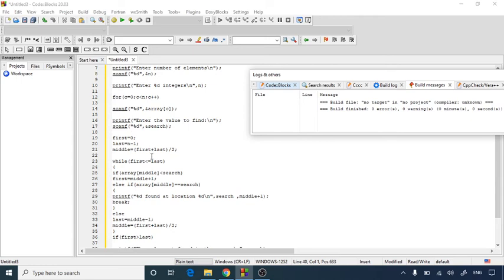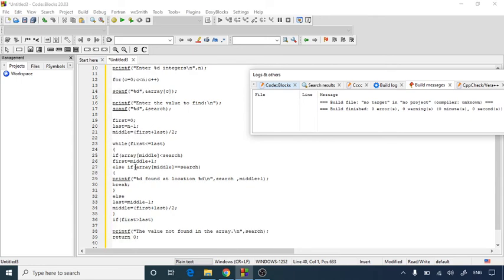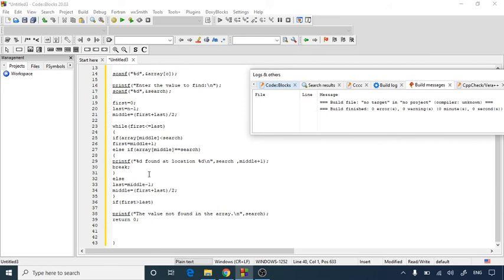Then, by assigning first, last and middle, and using while and if, we wrote the program for searching that element. If first is greater than last, that means we have reached the last element and it is not found, so we print that the given value is not found.